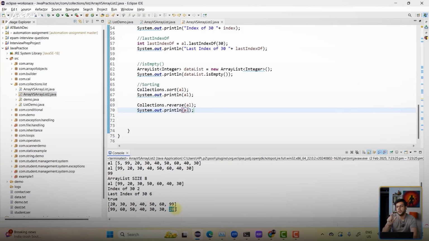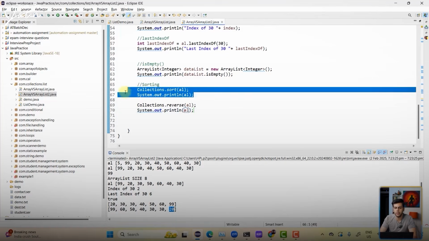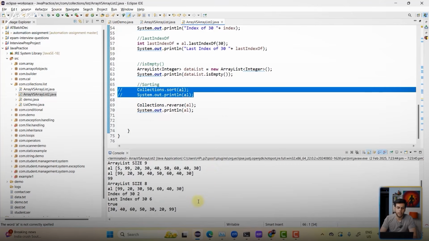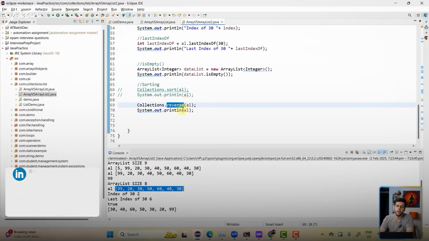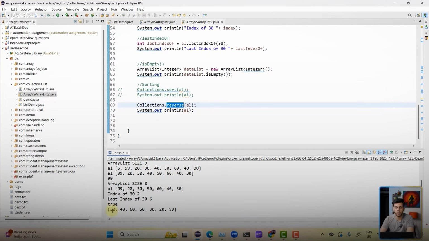But since I'm using the word reverse over here, what is reverse actually doing? Let's comment this entire sort. I don't want to sort it, I just want to reverse it. Let's click on the play button. And now you observe, it has reversed the list. It is not doing the reverse sorting for you. So if you want to do reverse sorting, you need to first sort it and then reverse it. Make sense? So reversing is only going to reverse the list: whatever was on the last index is going to come first, the second last is going to come second, and so on and so forth. Is this part clear? Perfect.